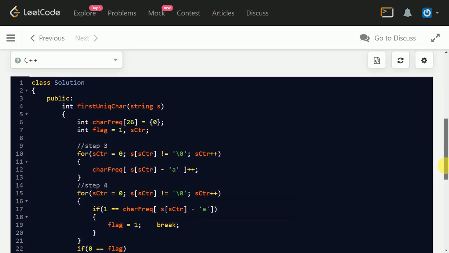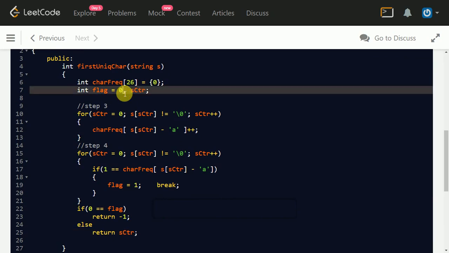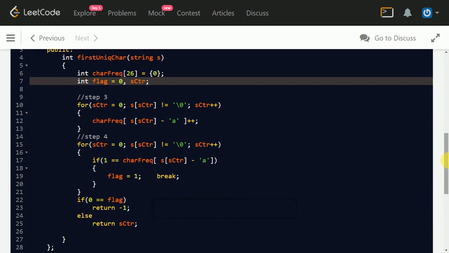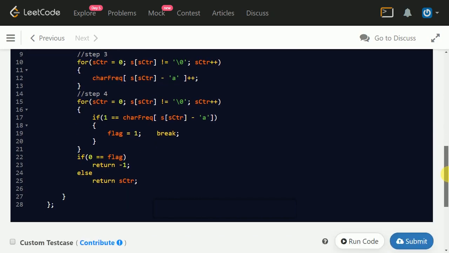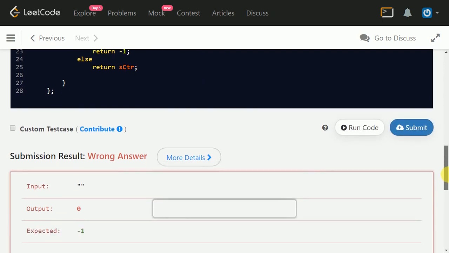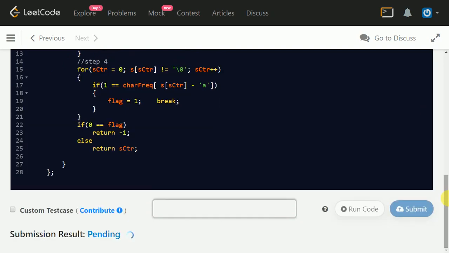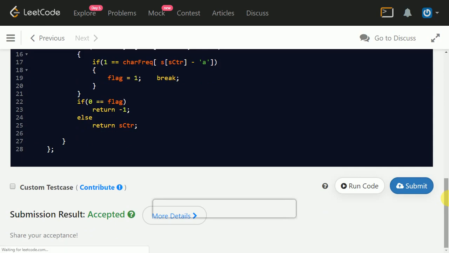Okay, I got it. So sorry, guys. As I said, while initializing we have to initialize it with 0. So that was the mistake. Now let's run the code again. Now submit it.